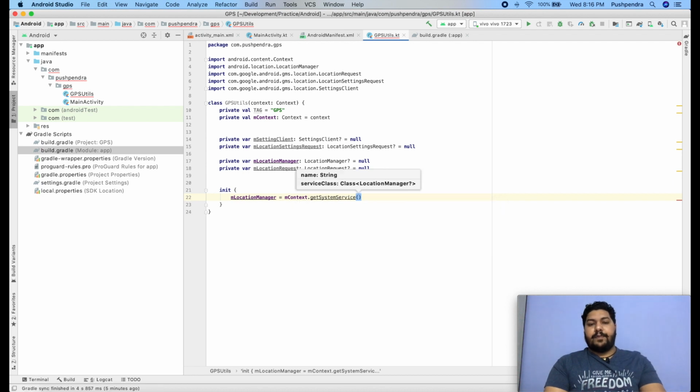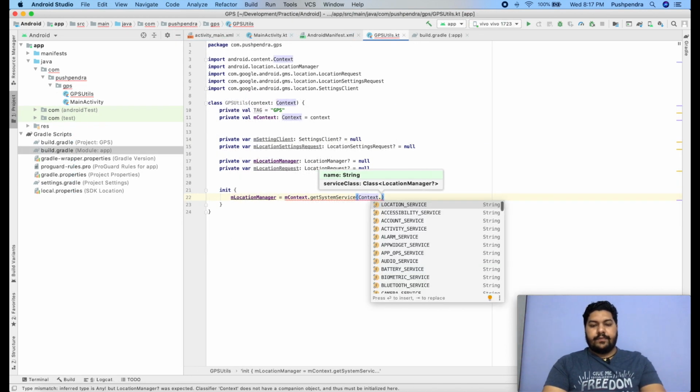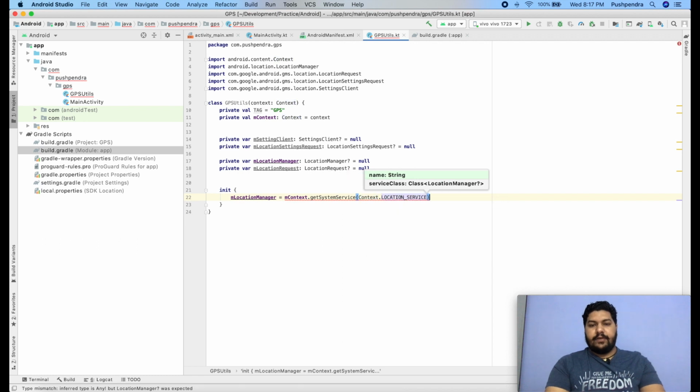Here we have to pass the name of the service which we have to fetch, and this is context dot location service, as location manager. Fine, the location manager is done.